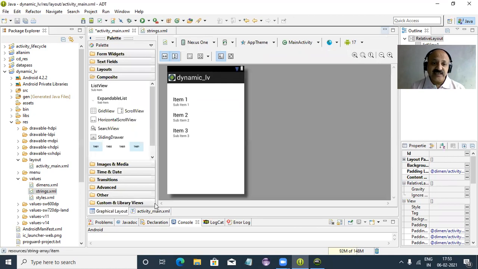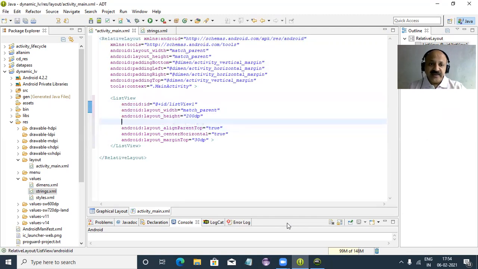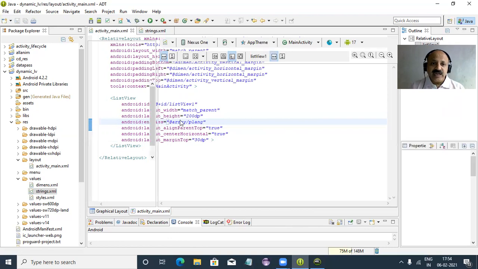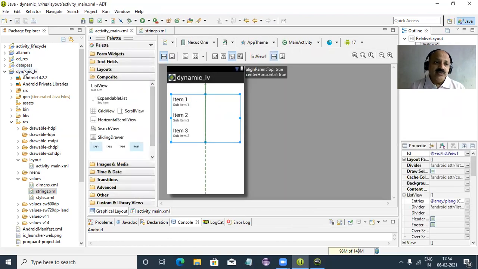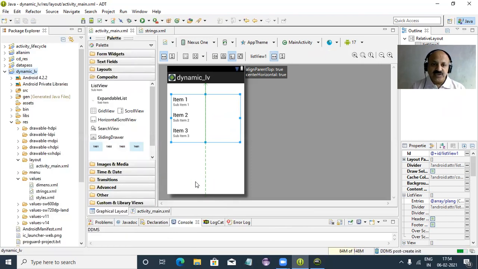First I use a static way, so you can distinguish how dynamic and static differ. You have to know the attribute android:entries, and here you look, array, and then our programming languages array. Control S, save. It does not display directly, we have to run. Our device is ready, so let us run the Android application.